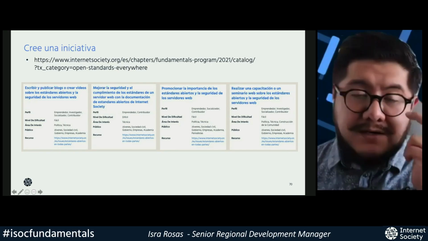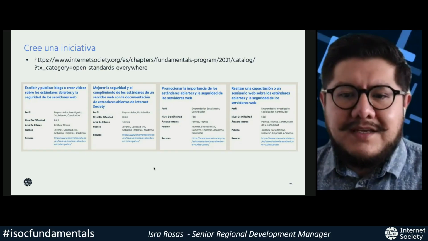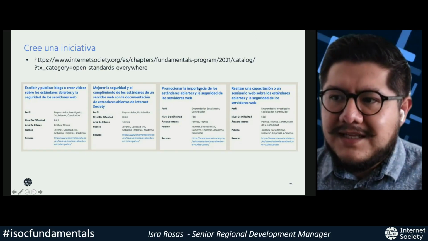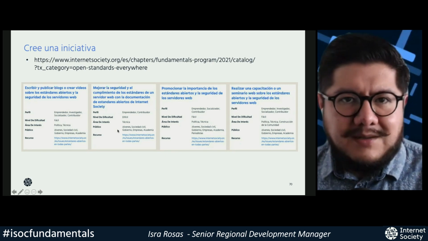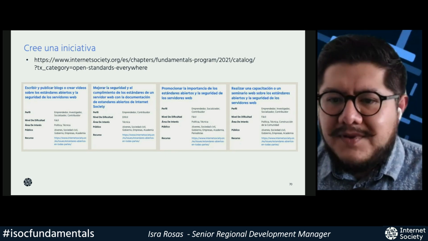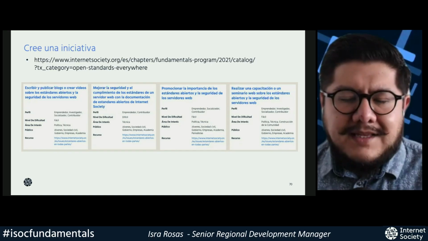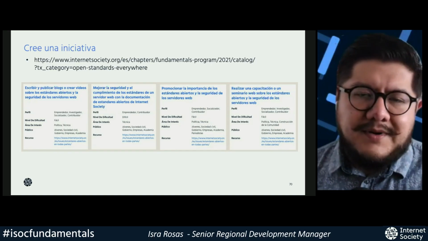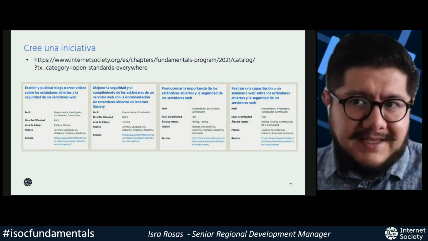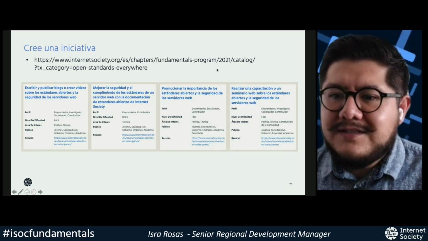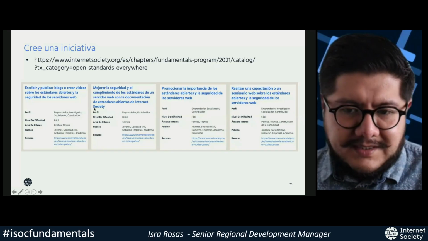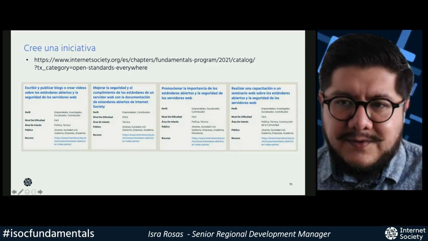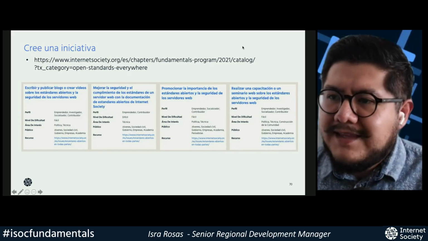Another possibility could be for you to improve your own web servers and carry out these improvements by using the documentation that we have on open standards and that we have published in our Internet Society and in our GitHub repositories. So there are many options here. If you have access to the command line, you can access the configurations that you have to.